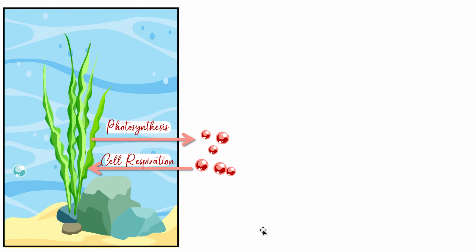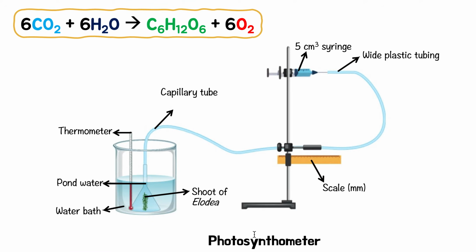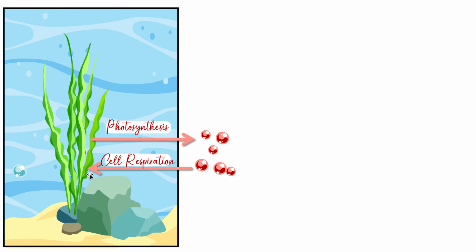Now, I want to highlight something very important. Remember how I told you that a plant does both photosynthesis and cell respiration. So we know photosynthesis is going to make oxygen, right? So we can measure the rate of photosynthesis by using this photosynthometer to calculate how much oxygen it made, because more oxygen means more photosynthesis. Now there's a problem. We know plants also do cell respiration, so they will also in fact use oxygen. They not only make oxygen, but they also use a little bit of it to do cell respiration, to break down glucose to make ATP so that they can survive.